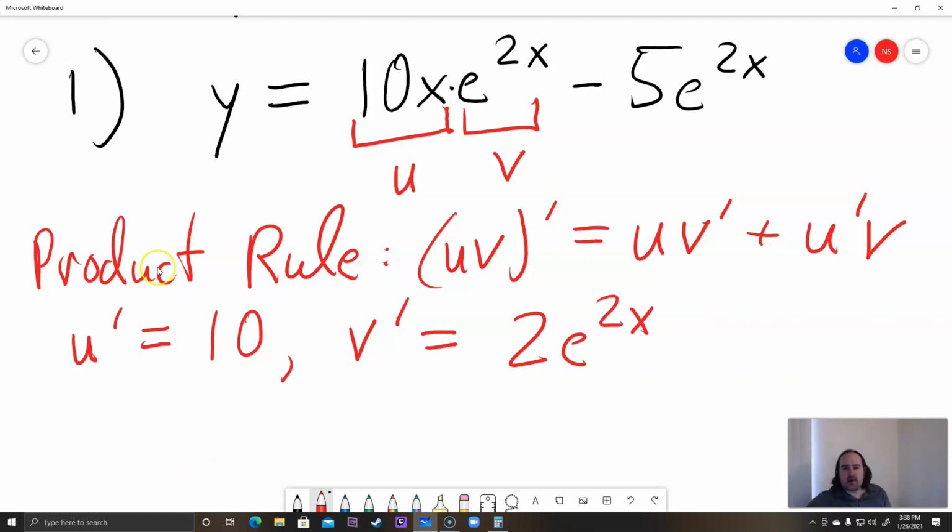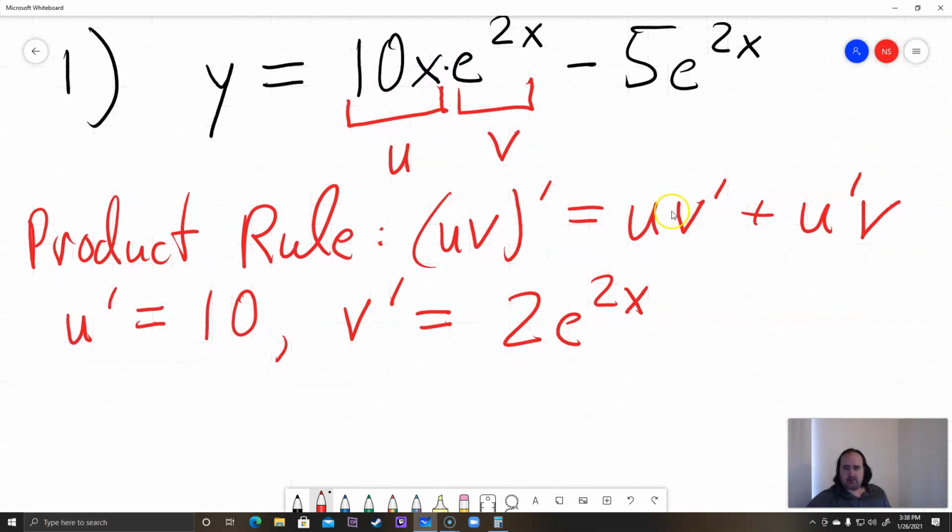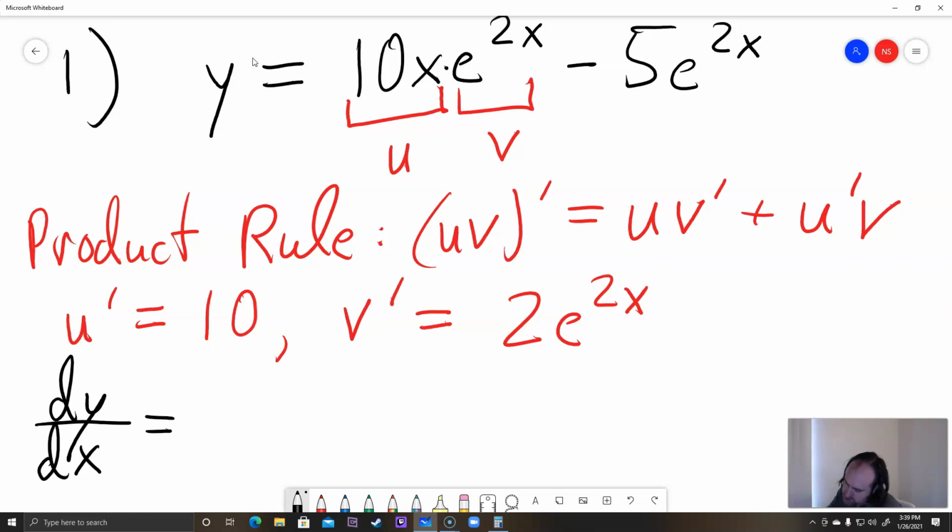All right, and then we can go ahead and plug everything in to the product rule. Okay, so the formula is uv prime plus u prime v, so that's going to take care of this first term. All right, so our derivative is going to be dy dx equals uv prime, so that's going to be 10x times 10 plus u prime v. So 10x times 10 plus,